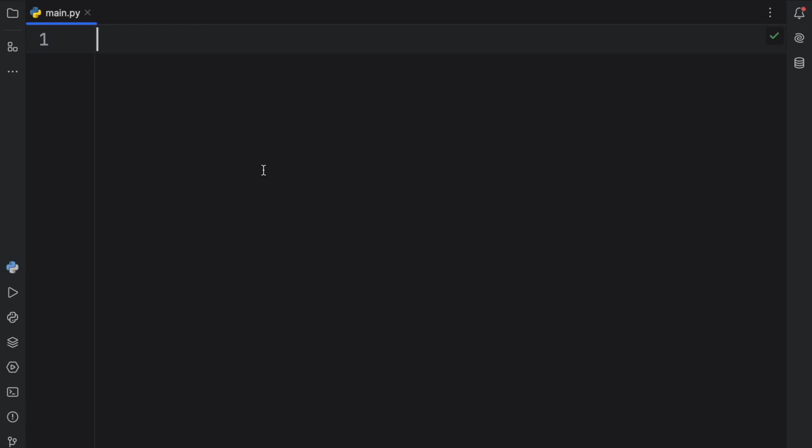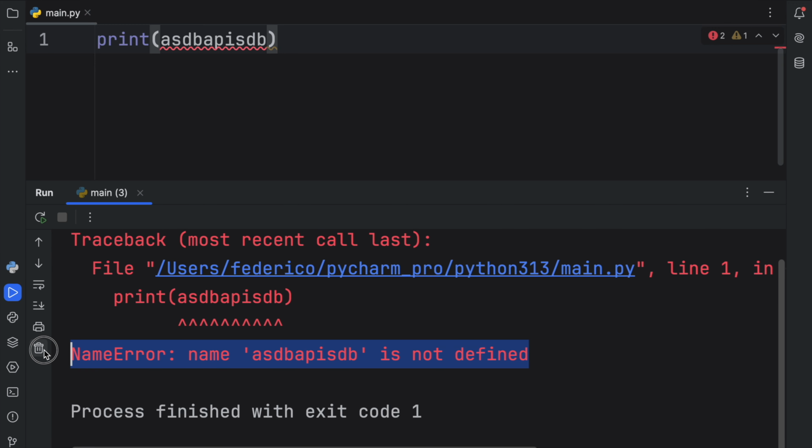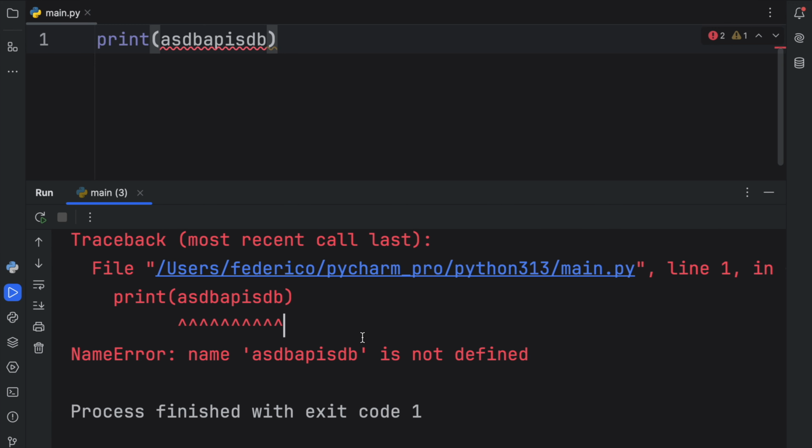Moving on, it's time we talk about exceptions in Python. What to do when you encounter one, and how you can handle it properly. Because sometimes you're going to type in something weird, such as print whatever that is, and you're going to end up with an exception or an error, such as a name error. Now, in recent versions of Python, you're going to get very descriptive error messages, which help you understand what you did wrong. But of course, it would be nice to learn how to handle these exceptions, because the one that